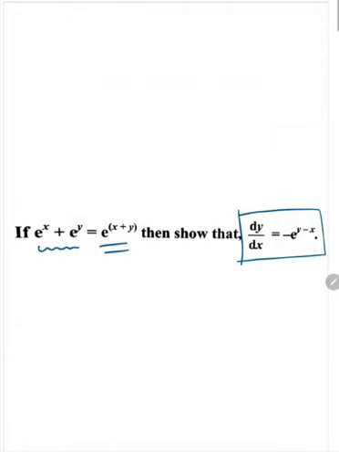Now first of all, this is an implicit function, right? Why is it an implicit function? Because in an implicit function we have more than one y. If you observe, there are two places where we have y, so these two places will give me dy by dx, so I'll have two dy by dx. But in the part we have to prove, there is only one dy by dx, right? So we need to club all the dy by dx terms together. This is the basic concept you should know. Okay, so let's start the question.